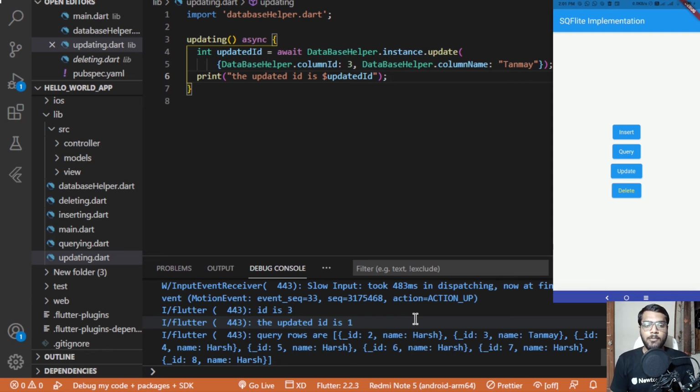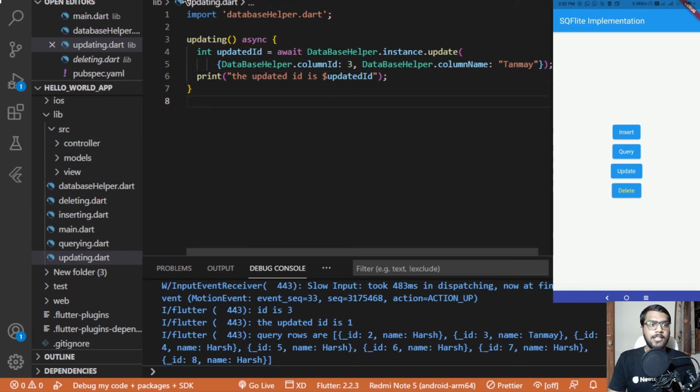Later on, you can perform the condition checks: if the name is equal to this person, the employee ID is equal to this. If these are the conditions, then update the particular field of all the matching records, and it should change the field to closing or that the employee is leaving, something like that. So you can use this particular database and perform those operations inside your Flutter application.